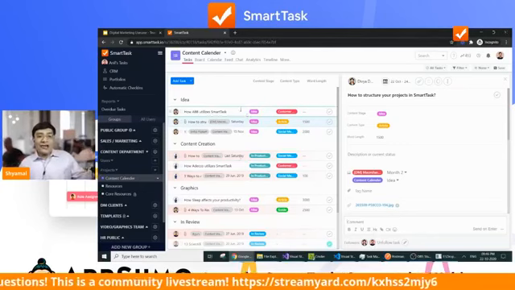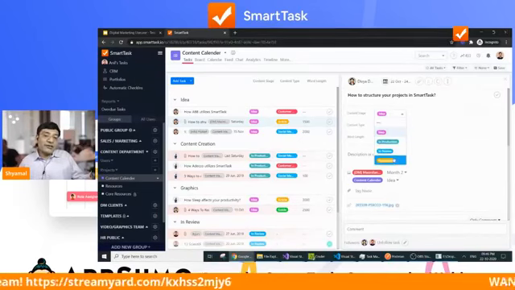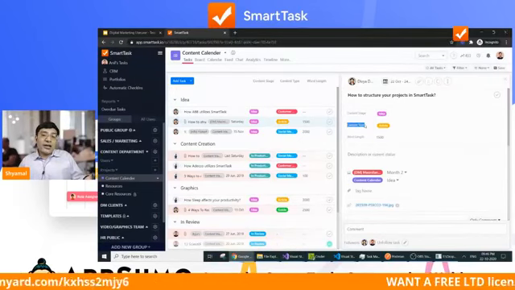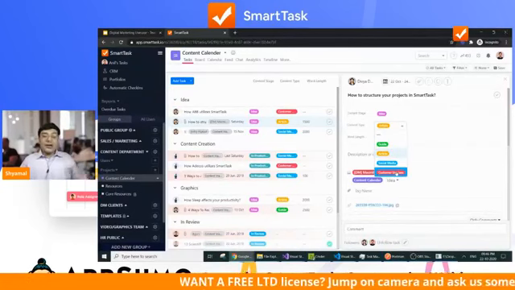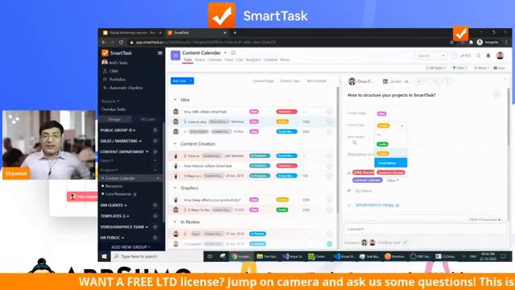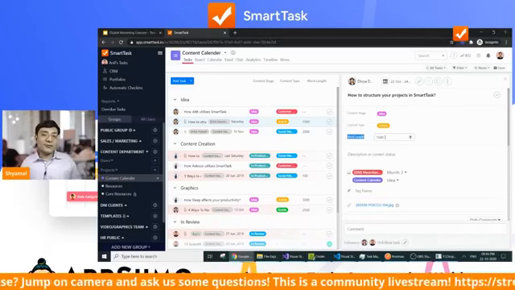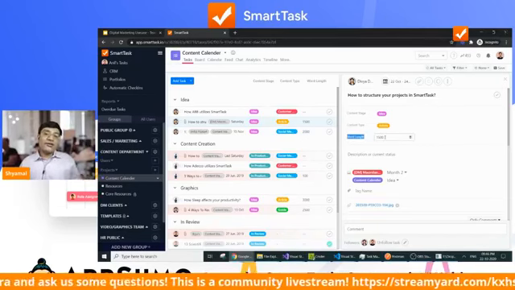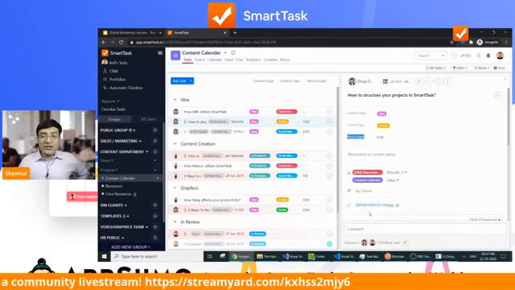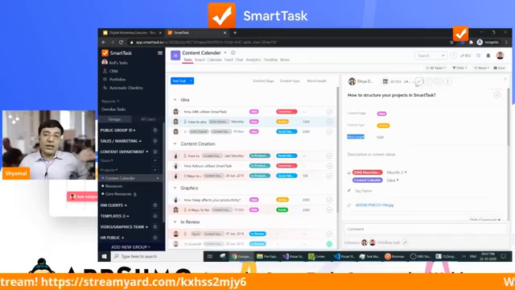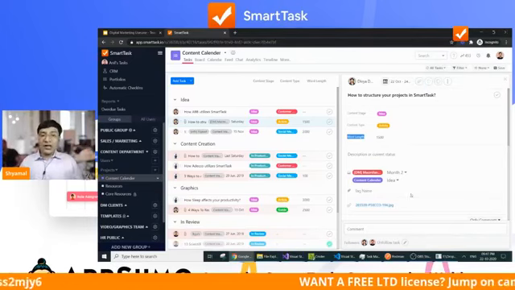So the content team has their own view where they have the content stage, whether it is idea, production, in review, approved, or it is a content type, what kind of content it is, the guide, a social media, or customers use case, what kind of content it is, and the number of words to write. Now of course you can put in more custom fields here to enrich the article you're going to write. And once there are any changes, you attach some pictures or maybe a Google Doc here that gets updated to the project manager or the account manager.